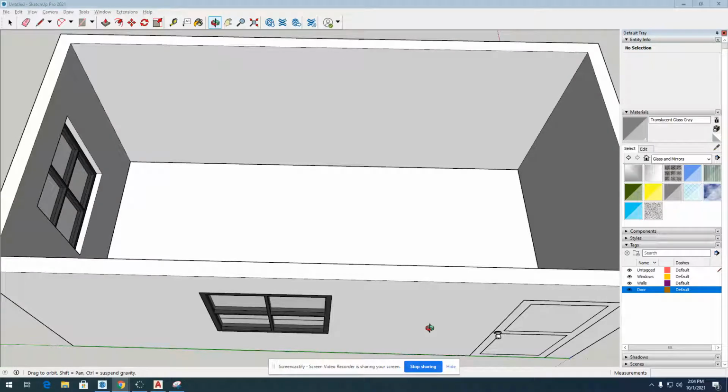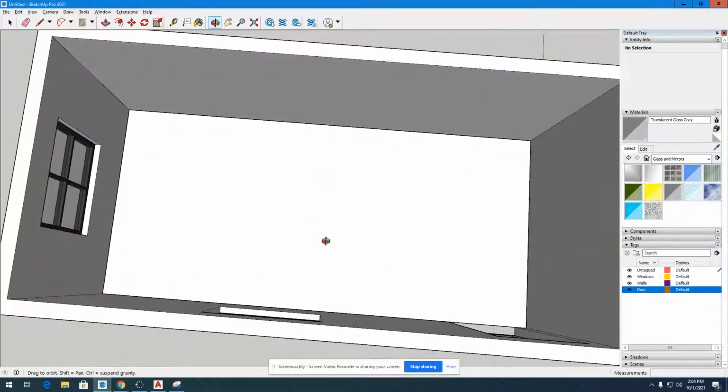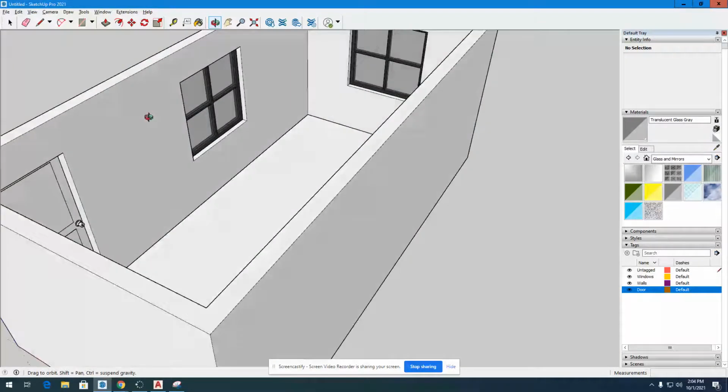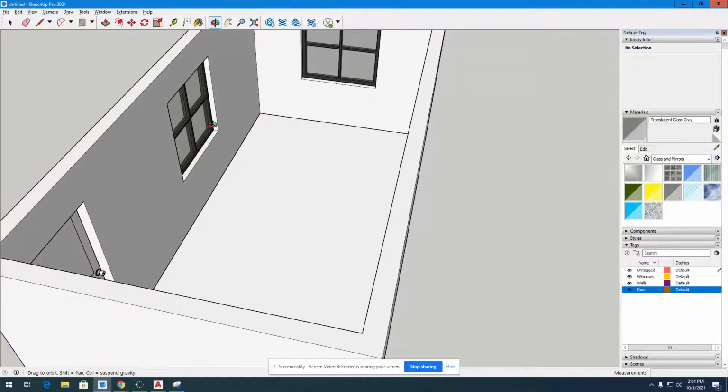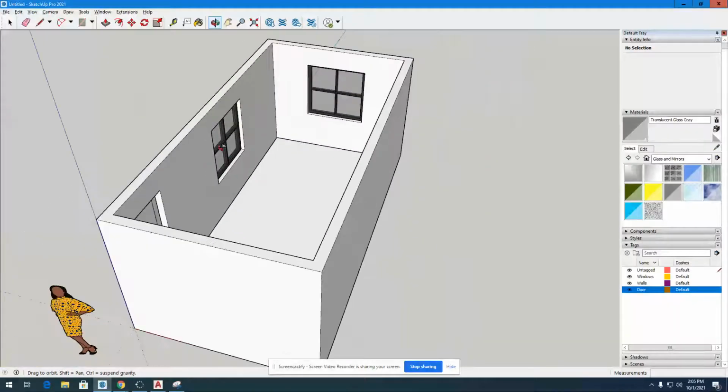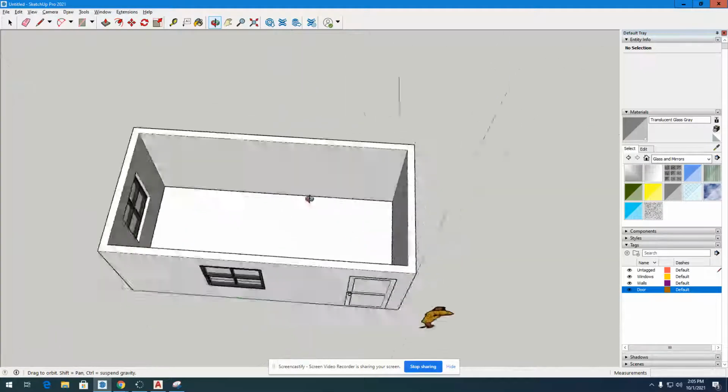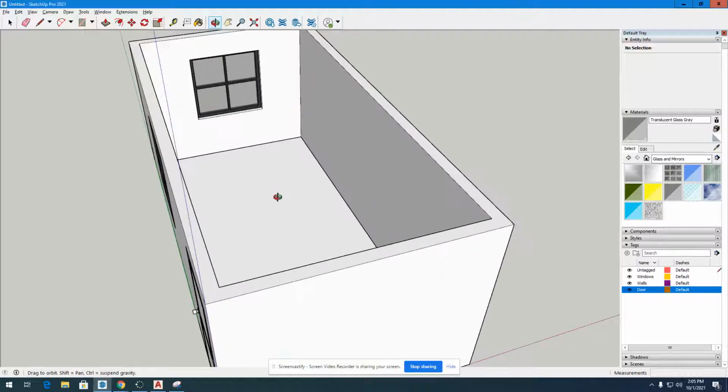So now what we're going to want to do is import furniture. This room is going to be like a bedroom or a dorm room. So we're going to want to insert some furniture and some decorations, and get some flooring and wall paint on there. So first we're going to start with our floor,